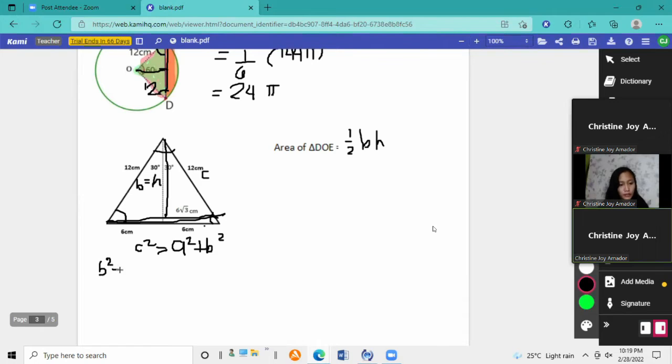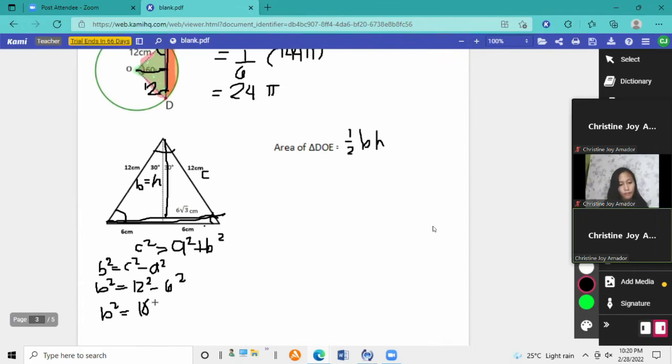B squared is equal to C squared minus A squared, diba? So B squared, do we have the value of our C or our hypotenuse? Yes, we have this one, 12. So 12 squared minus A squared, do we have our value of A? This one, which is 6. Yes, we have. So 6 squared. B squared, what is 12 squared minus 6 squared? It is